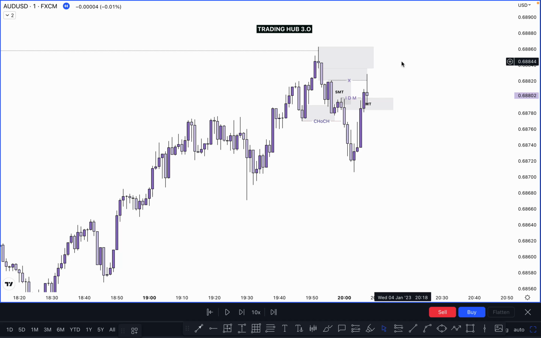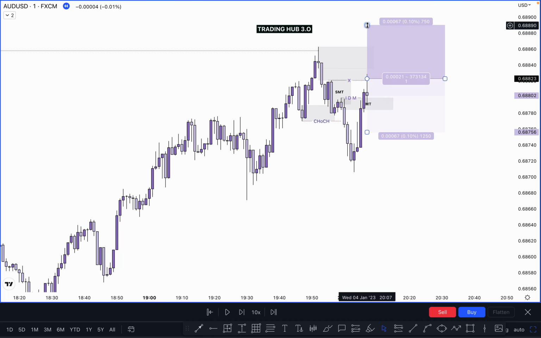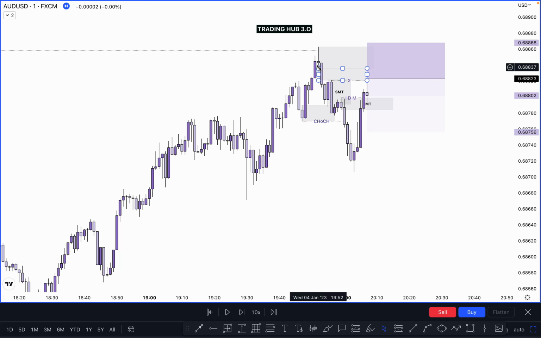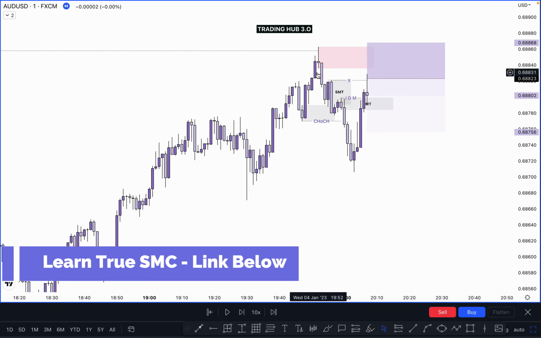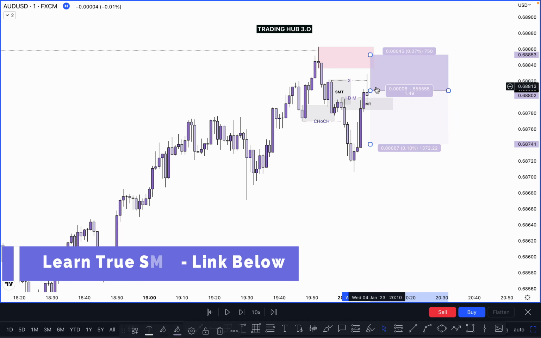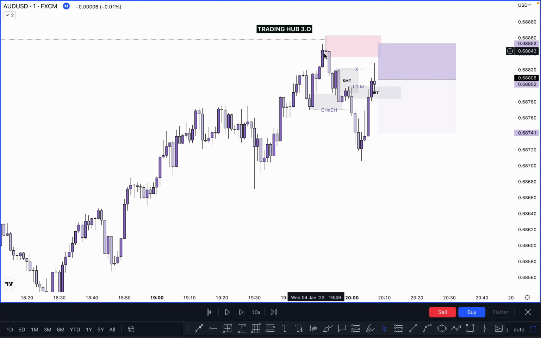Definitely you can take the first entry based on the fair value gap, which is here. Okay, sell immediately here, but you have to put a stop loss just above it, because the market can go higher to mitigate this unmitigated order block, which is here, right? Let me change the color first. Okay, but if you don't like to sell here, you can sell on the next candle close, which is here. But sometimes you are afraid to sell here, like you are looking to sell based on the fair value gap and you are looking to sell on this order block.